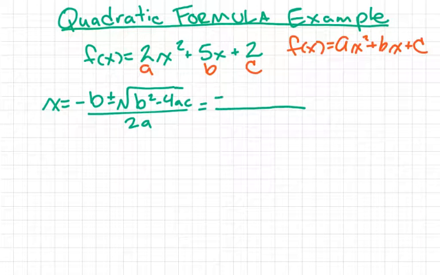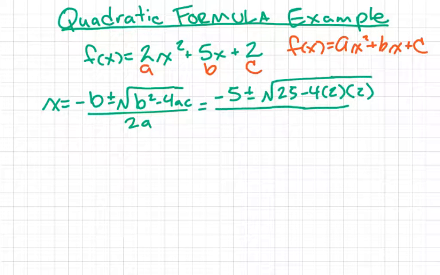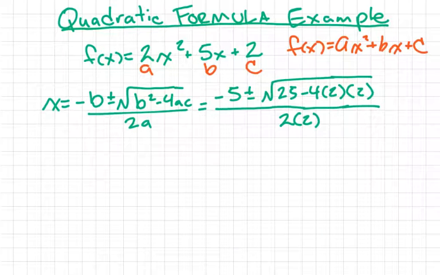Negative b is negative 5 plus or minus the square root of 5 squared, which is 25, minus 4 times a times c, over 2 times 2 times a. Okay, right away we can tell using the discriminant how many solutions and what type of solutions they're going to be. So just think about that when we do our